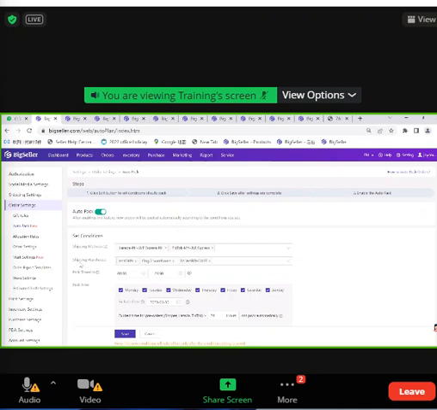Okay. And the shipping warehouse here is not required. You can leave it empty. And also if you have two warehouses, you can choose one. Maybe you only want to auto pack the orders from one specific warehouse. Okay. And the pack time slot. Here you can choose the time period of the order. Maybe you want to pack it